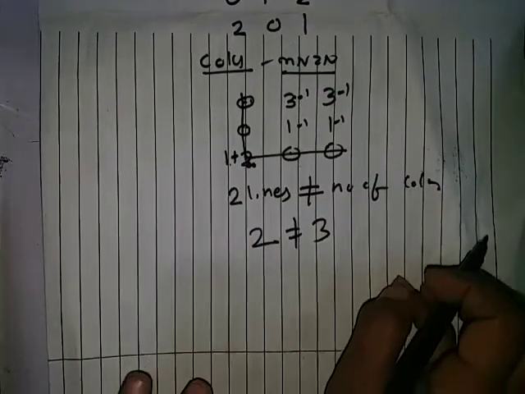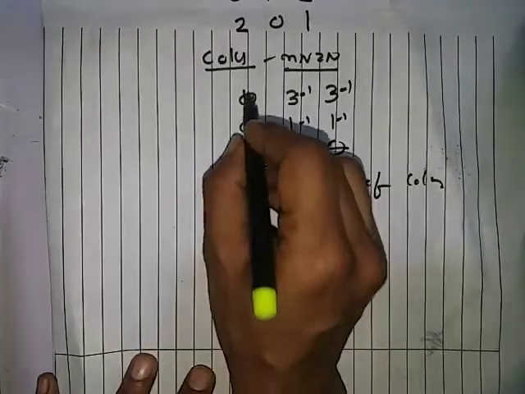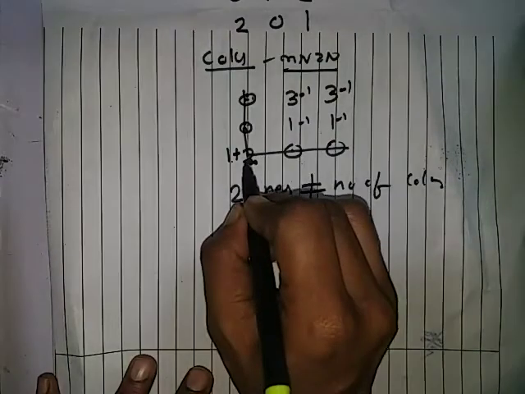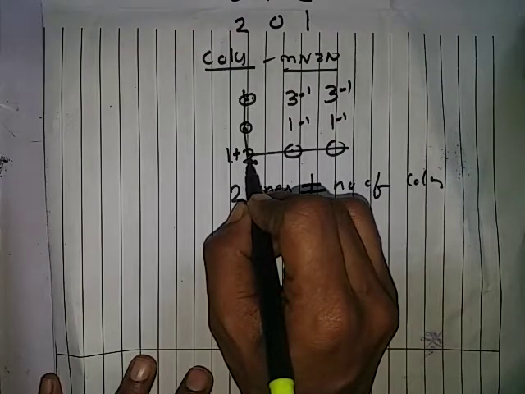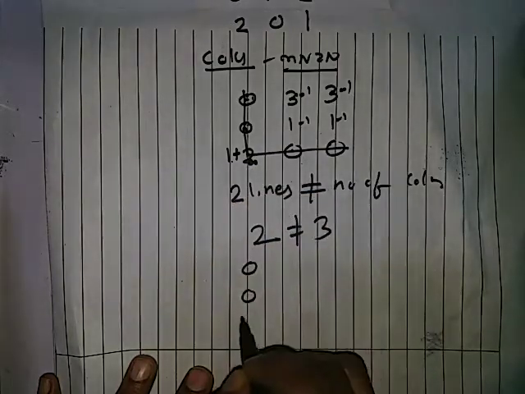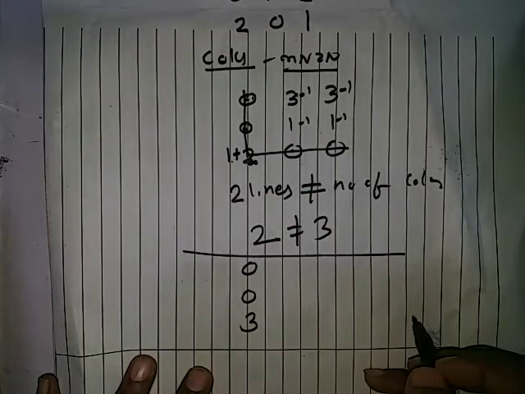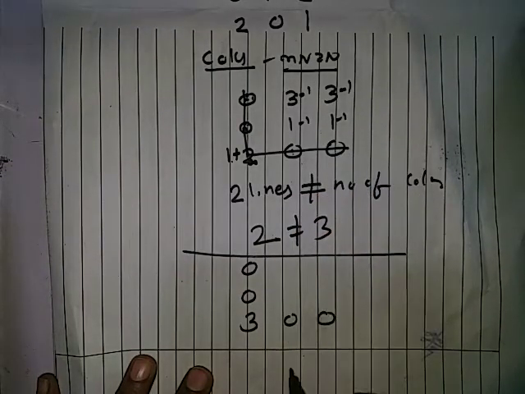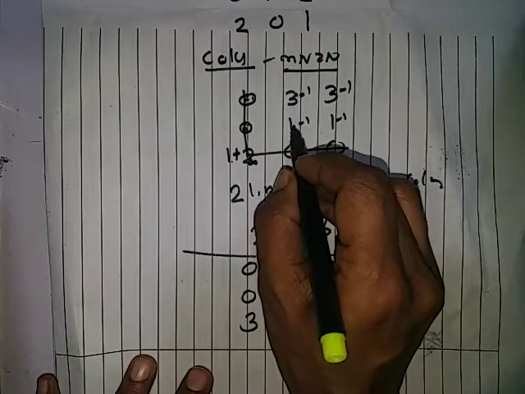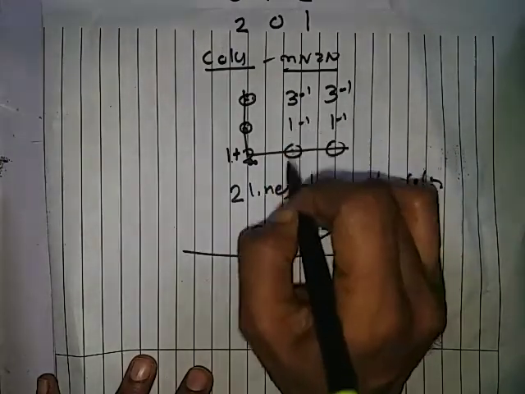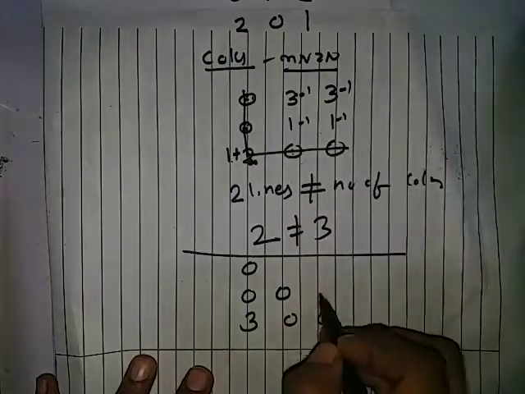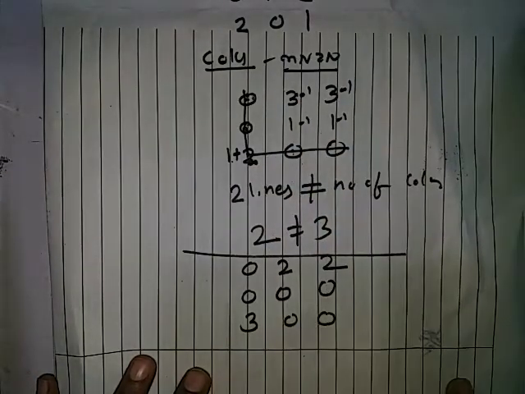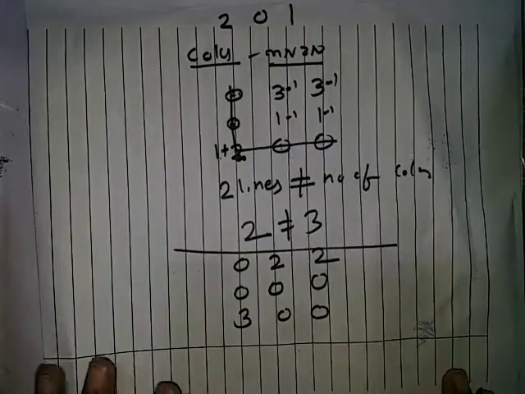Okay, let us rearrange the matrix. 0, 0 will not change because they are on the line. This 2 will change because 2 is at the intersection. 2 will become 2 plus 1, 3. This 0, 0 will not change because they are on the line. This 1 will become outside elements minus 1: 1 minus 1, 1 minus 1, 3 minus 1, 3 minus 1. So this is a new matrix.